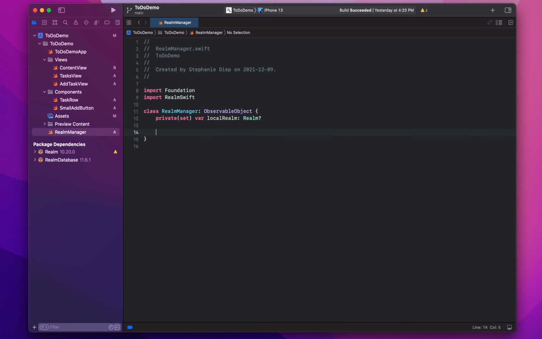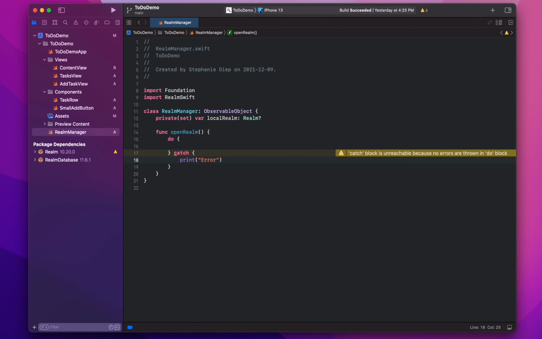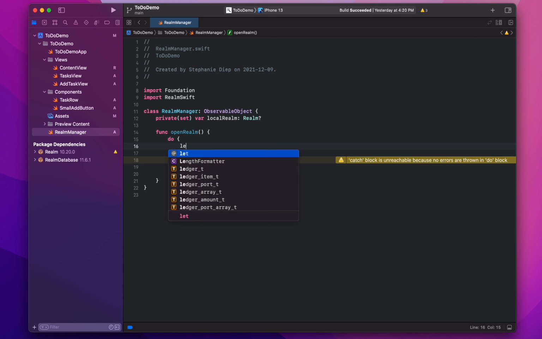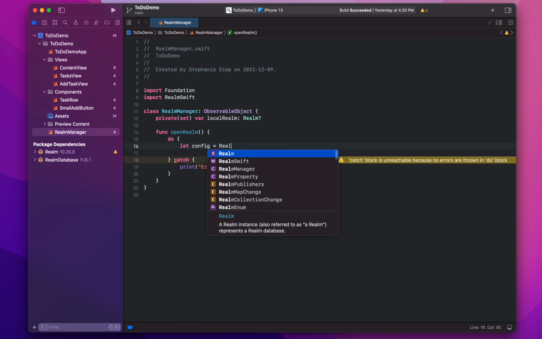Next, right below this variable, we will create a function called openRealm. Inside of this, we need to wrap everything in a do catch statement because, as I mentioned earlier, opening a Realm might throw an error. In the catch statement, we will print a message that says error opening Realm, and we'll print the actual error. In the do statement, we first need to create a config variable. So let config equals